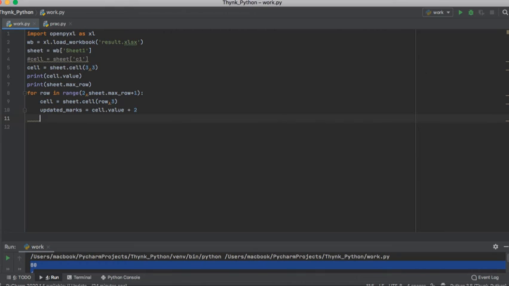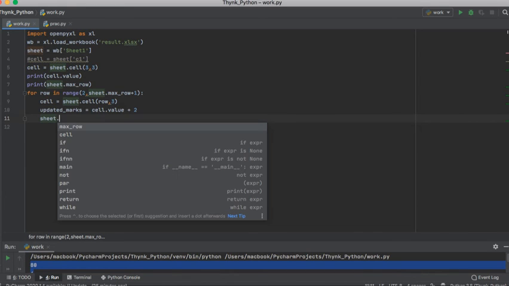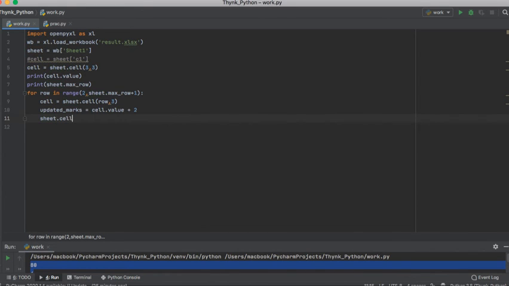Next I want to add a new column where I want all these updated marks to be stored. To define a new column, we'll again make the reference to sheet.cell, and here we want the rows to keep on iterating and a new column is defined. Let us say I define 6.